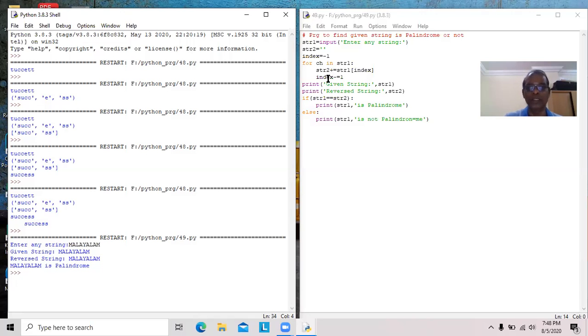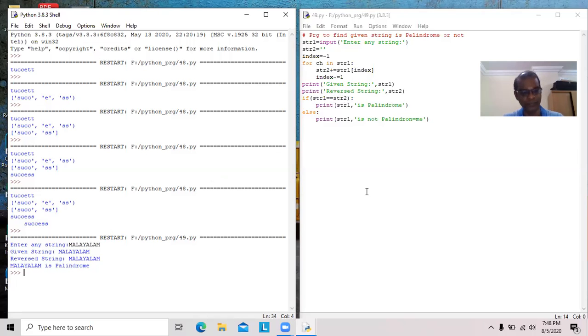Similarly, index becomes -3. So each and every character from the right-hand side will be assigned to the left-hand side of str2. Now the given string is str1, that is Malayalam. The reverse string is str2, that is also Malayalam. str1 equal to str2, that is Malayalam equal to Malayalam. So str1 is a palindrome. Otherwise, it is not a palindrome.